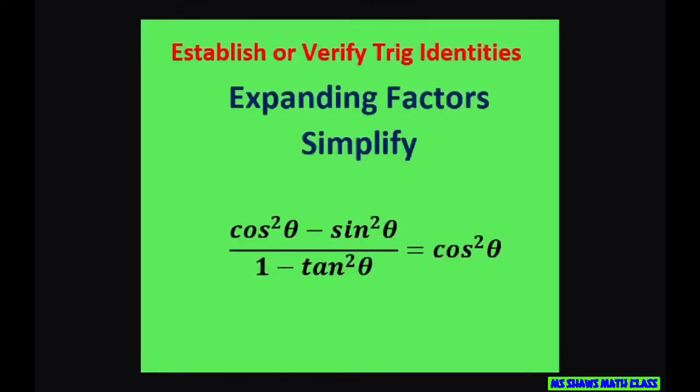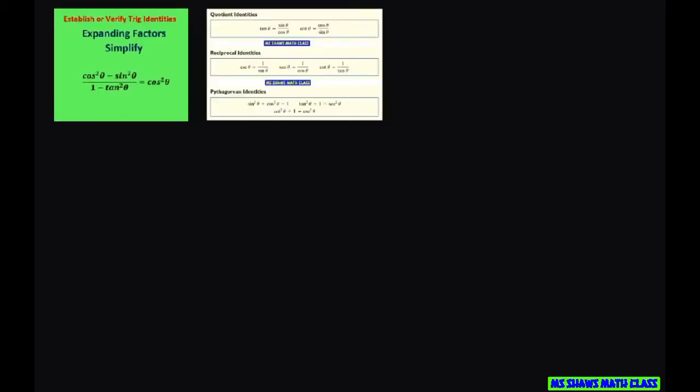Hi everyone, we're going to verify this trig identity, and this is what we have. We need a cosine squared of theta. Now originally I thought we would expand factors, but what I'm going to do first is write this in terms